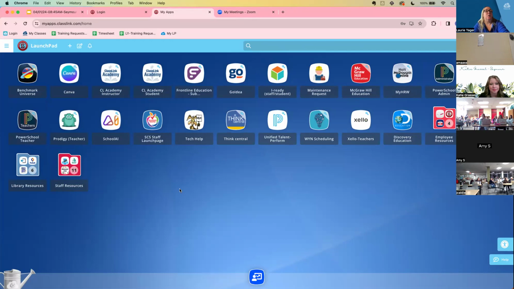And do know, Katie, I assume the Chrome extension for ClassLink has been pushed out to all district devices. I see Katie shaking her head, yes. Now, if you were to go home and use a non-district device to access ClassLink, which you are able to, any device on which you can either access the browser or on a mobile device, access the mobile app for ClassLink, you can access your Launchpad, but know that it may prompt you one time to install the ClassLink Chrome extension so that